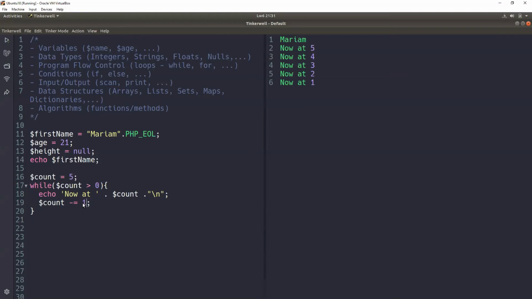We shall be looking at all these in detail. So if the count is greater than 0, do this, and then after doing it, reduce the count by 1. The first time it becomes 4, then 3, and so on, until count is 0 and is no longer greater than 0. So the loop exits. Just like that.